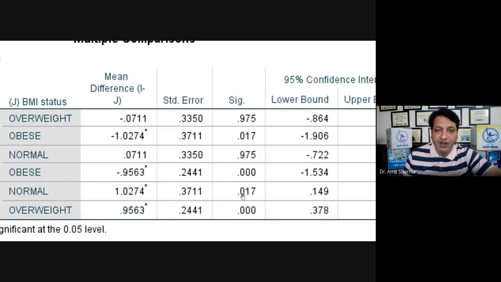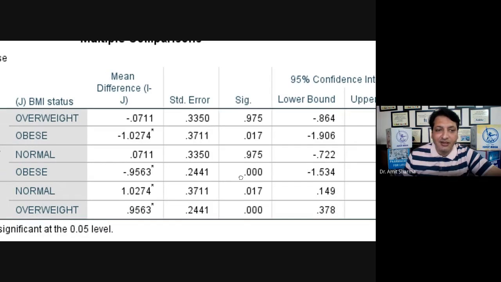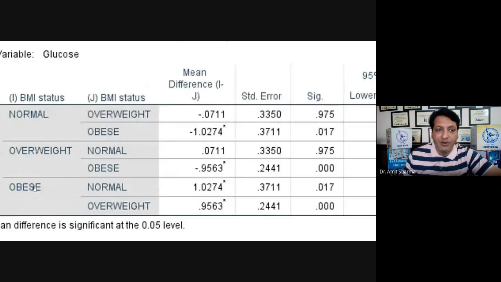So both these values, for example the second and the last values, are found significant, and you can say that obese is showing more effect on blood glucose level as compared to overweight and normal. Clear? So the obese group is showing both significant results.